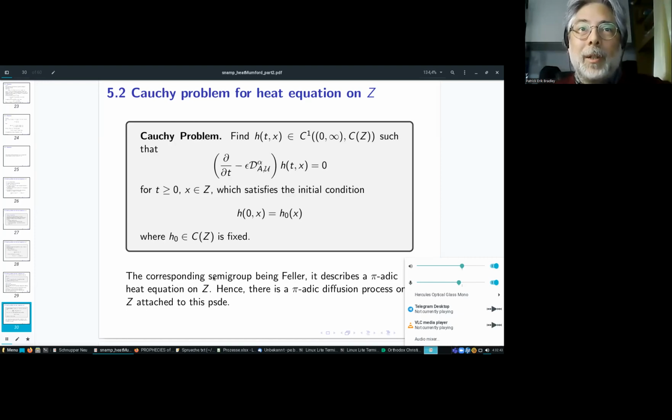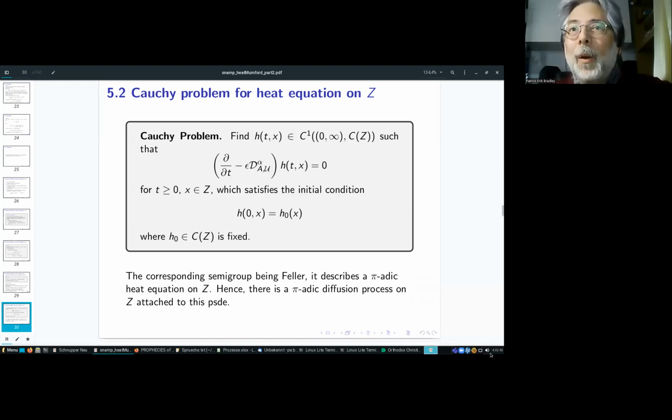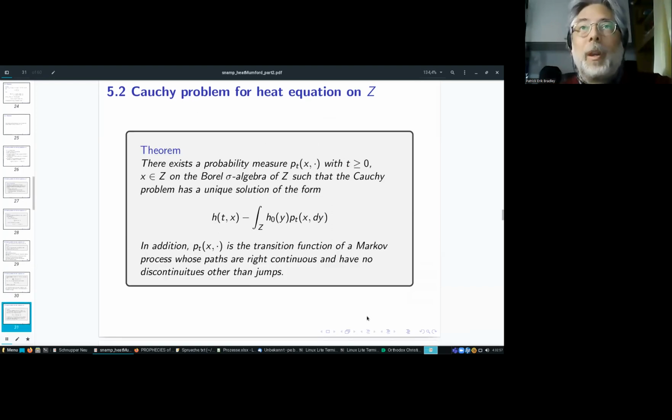And because the corresponding semigroup is Feller, this describes a p-adic heat equation on Z. That means there is a p-adic diffusion process on Z attached to this pseudo-differential equation. And in fact, further, there exists a probability measure such that you actually do have a Markov process which generates the solutions of the